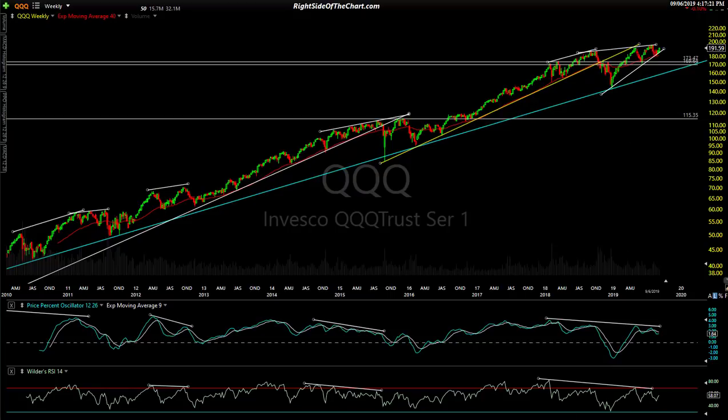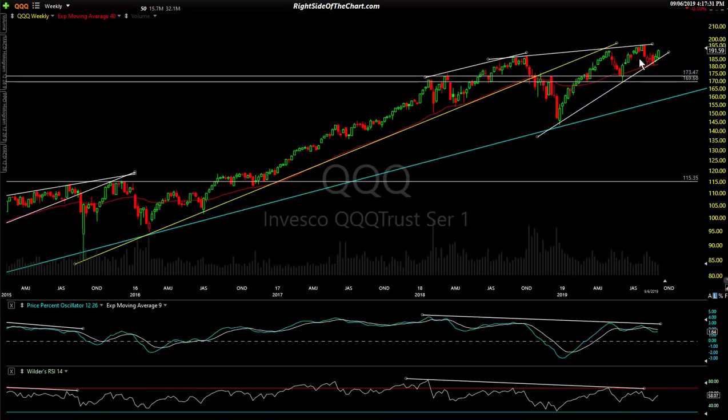But most importantly, if I had to pick just one level right now, it would be this trend line right here off the lows on December 24th. So you have the indexes wedging up above that support level. This is QQQ. Again, we're looking at a weekly chart. So as I said earlier in today's video for members, all that matters is a weekly close, not what happens intra-week. You need to see a solid red candle on a weekly closing basis, and just below that, keep in mind